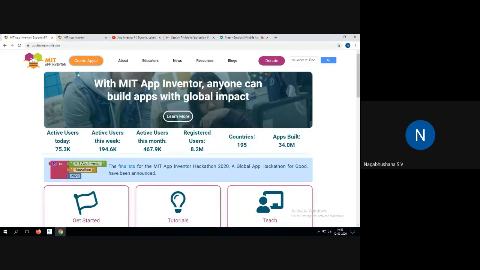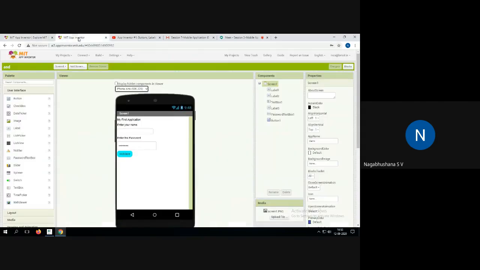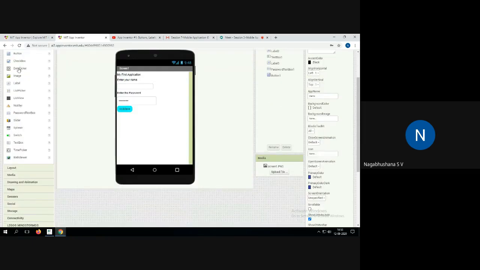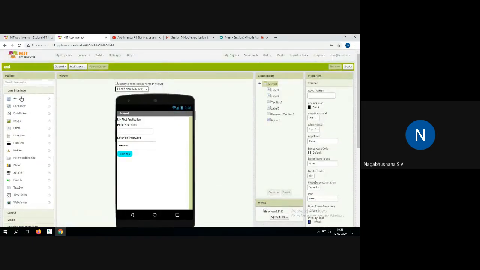Once you go to MIT App Inventor, the screen will be something like this. See here there are palettes. You have components. All your user interface components are available in the left column.